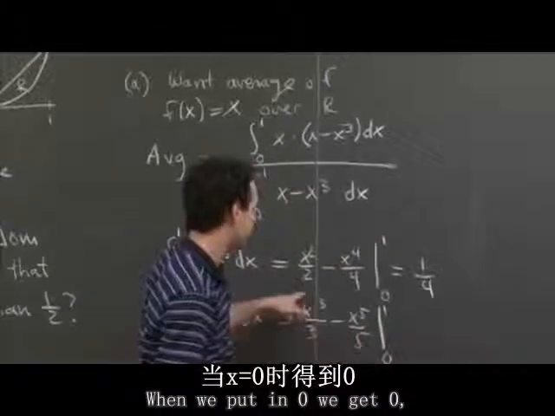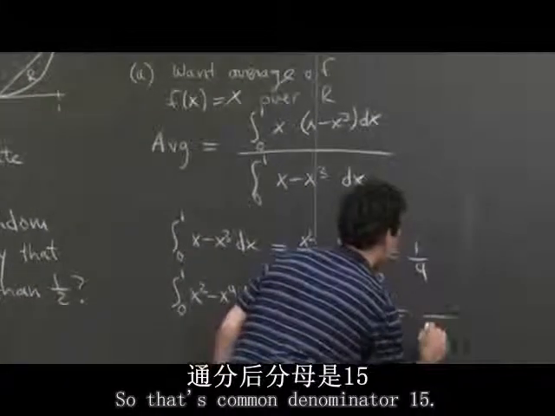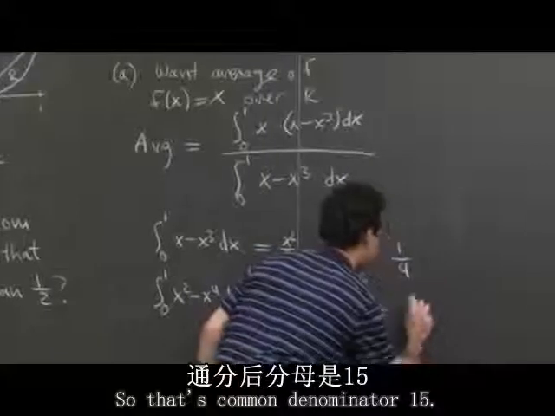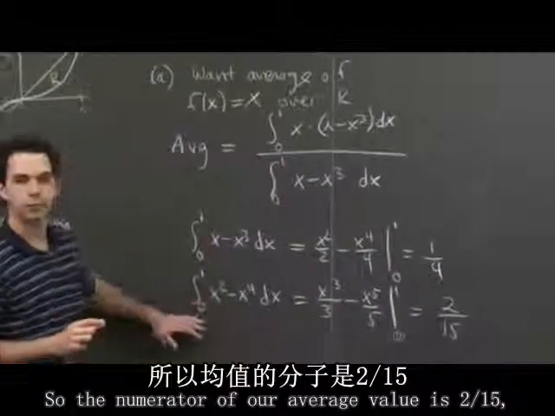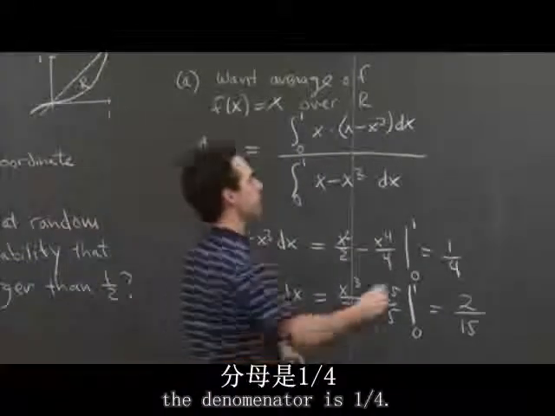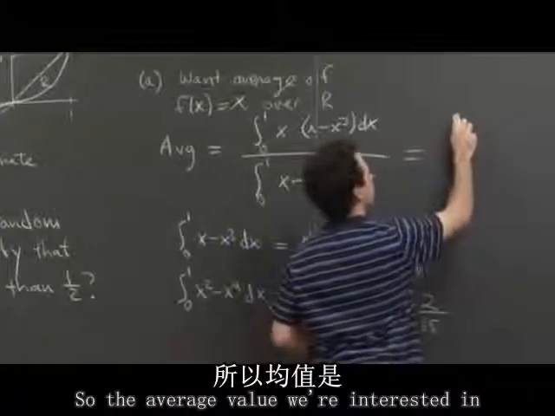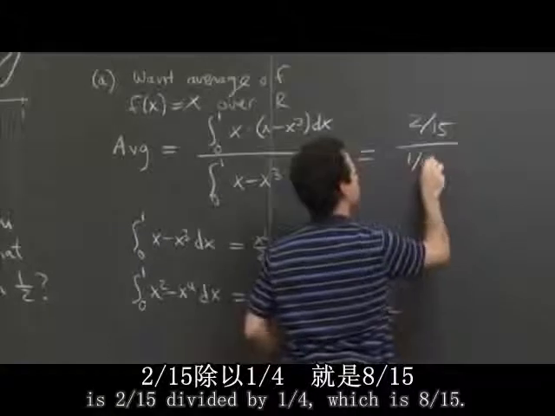So we put in 0, we get 0. Put in 1, we get a third minus a 5th. So that's common denominator 15, 2/15. OK, so the numerator of our average value is 2/15. The denominator is 1/4. So the average value we're interested in is 2/15 divided by 1/4,